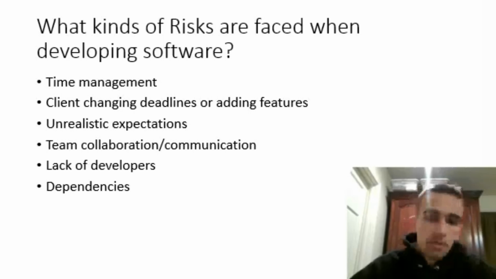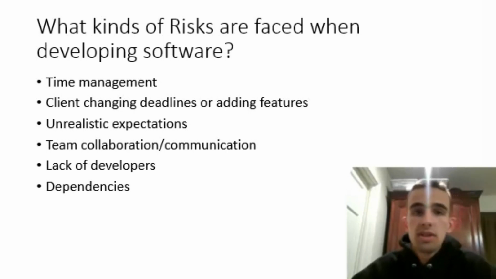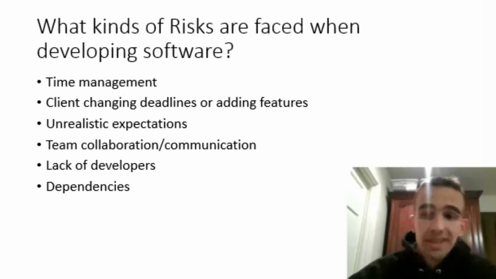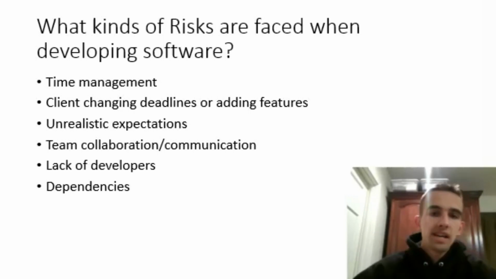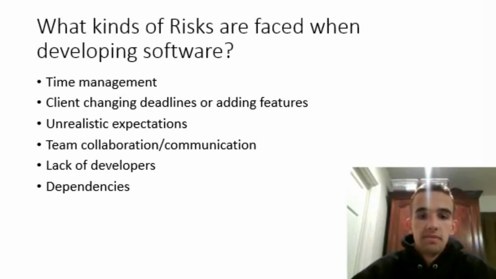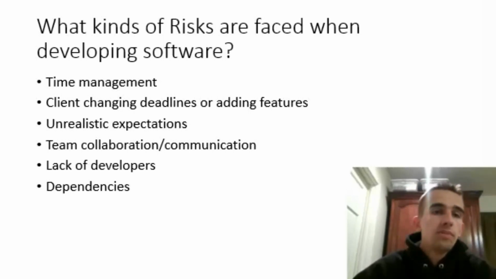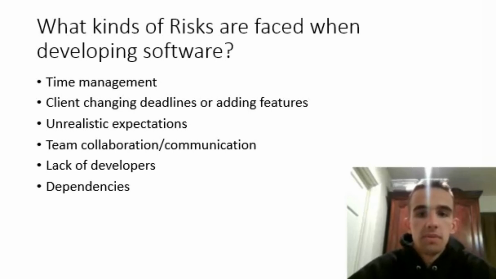Another one, moving on to the next, is poor team communication and collaboration. That can be a big issue for Scrum teams, and that type of risk can often be very detrimental to a company, because it's important for the developers to talk through problems amongst themselves. I see this a lot at the job that I'm at. If someone gets stuck on something for too long, they'll go ask someone that's been there longer and communicate with them and try to get the problem solved. And it really seems to help, and helps to meet deadlines too if you're running into a problem.